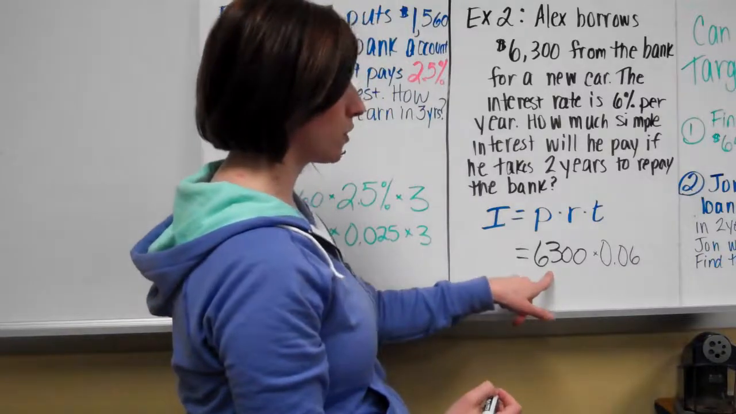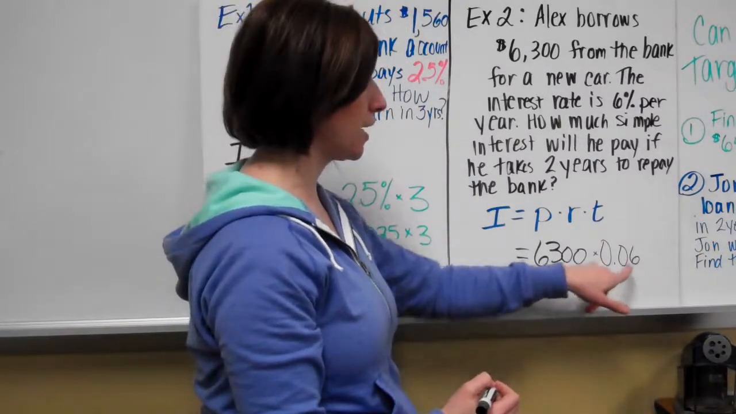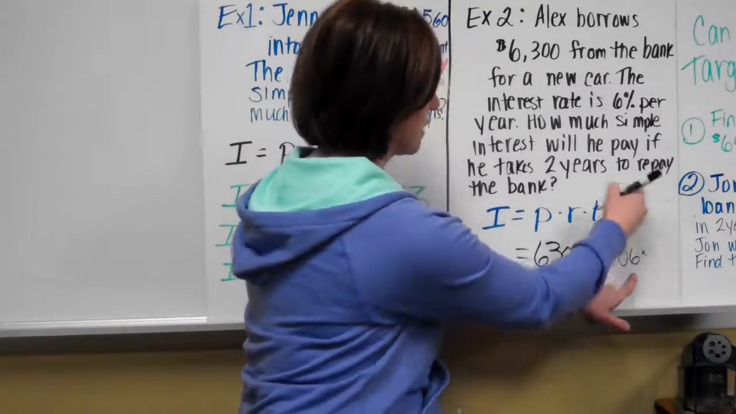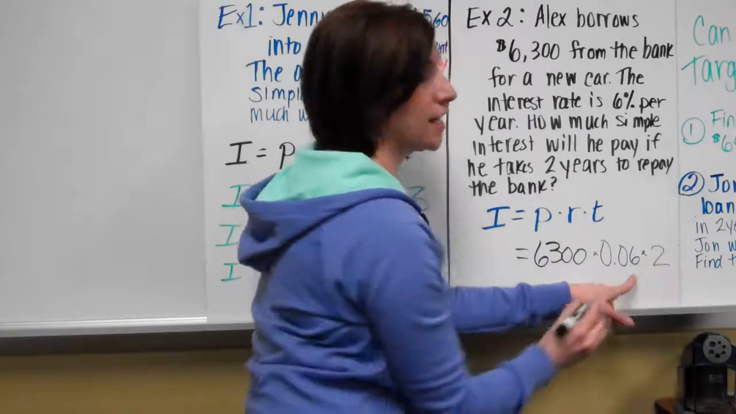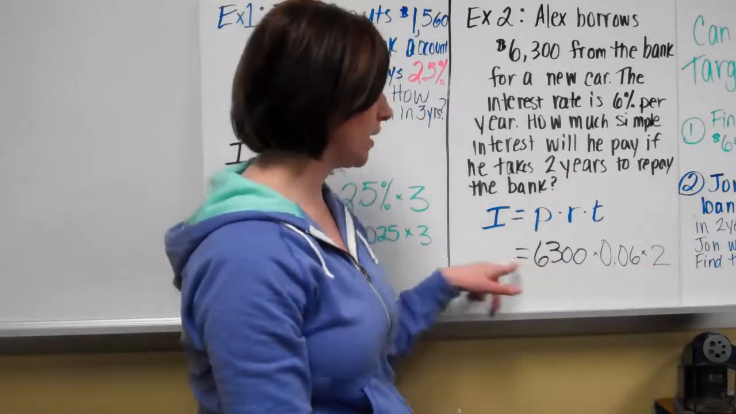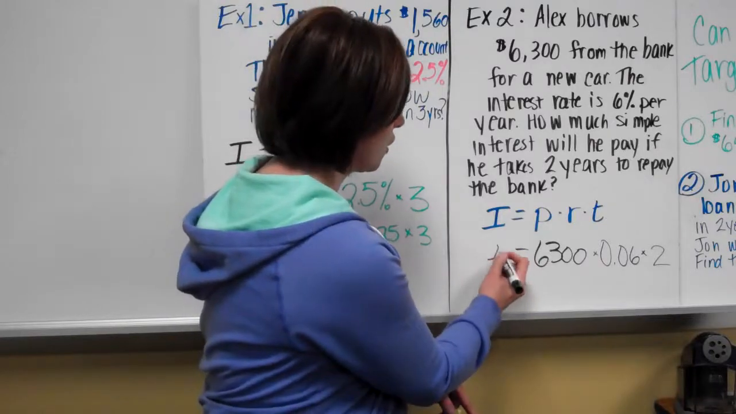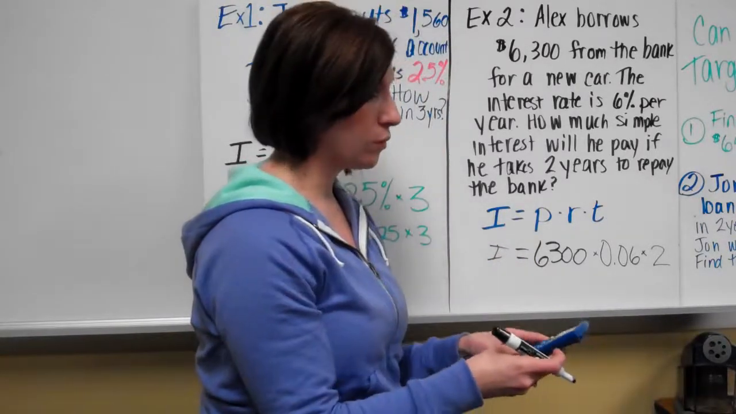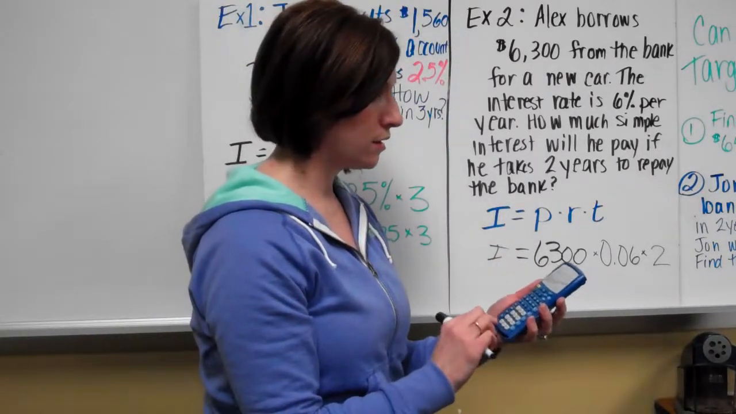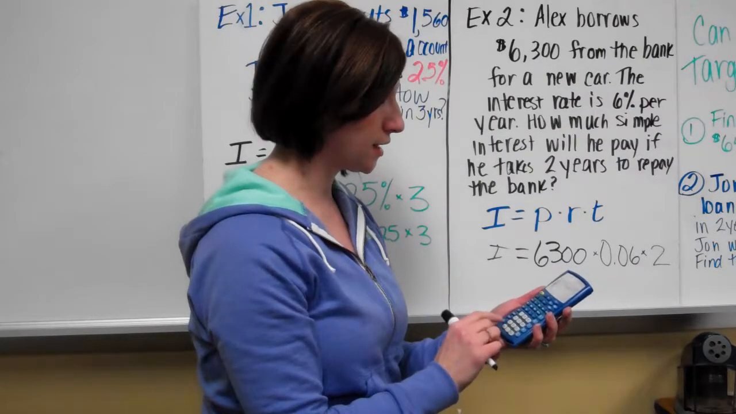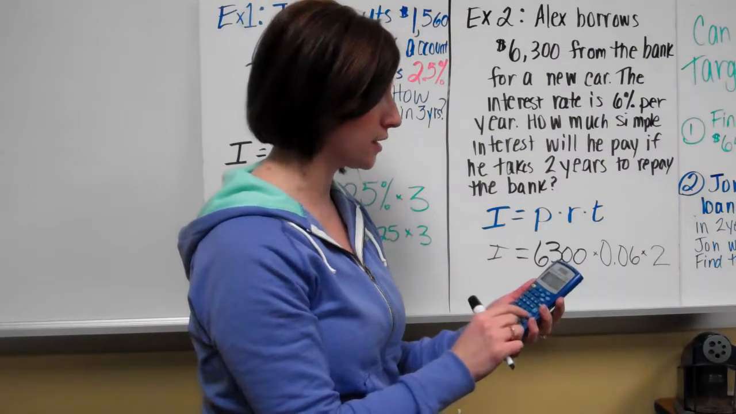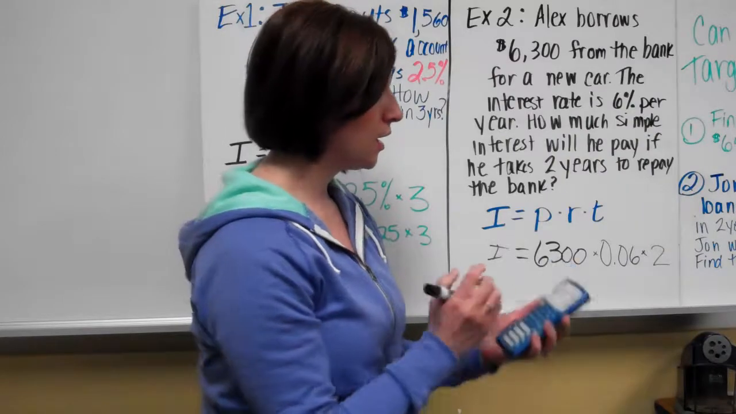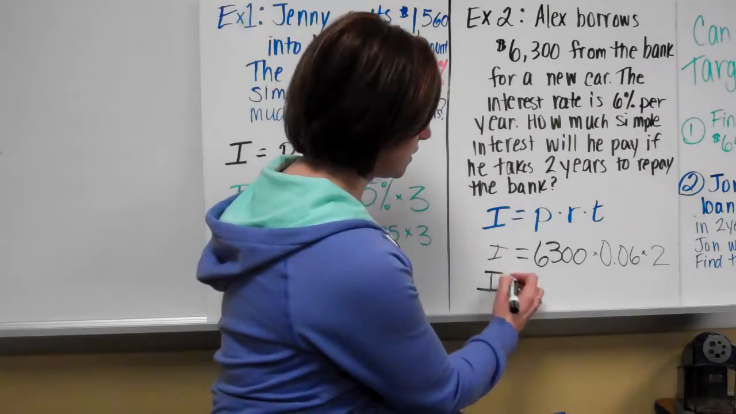So we have $6,300 times 6% times 2 years, because that's how long he's going to take to pay the loan back. And then we can calculate the interest. So I'm going to pick up our calculators and we're going to calculate 6,300 times 6%, which is 0.06, times 2 years. And the interest is equal to